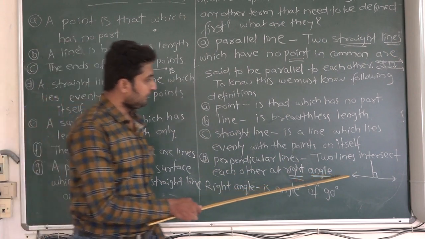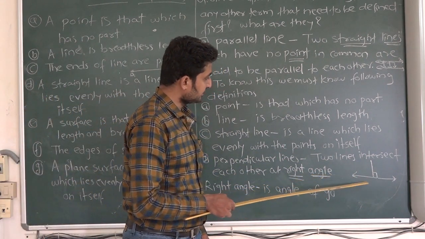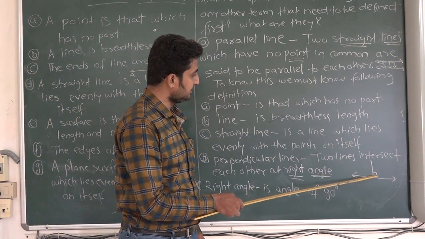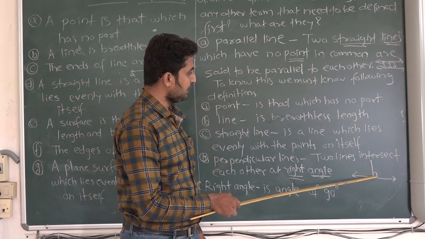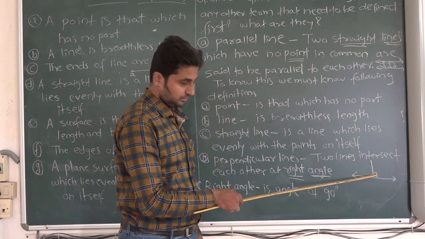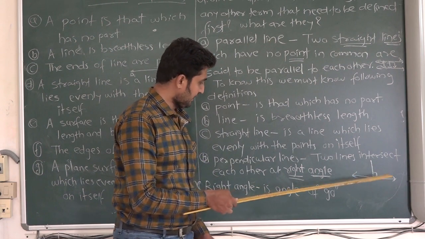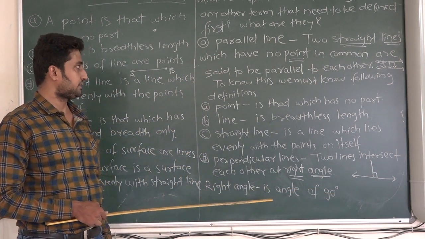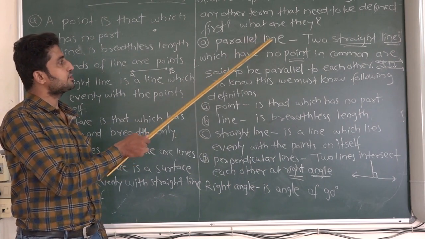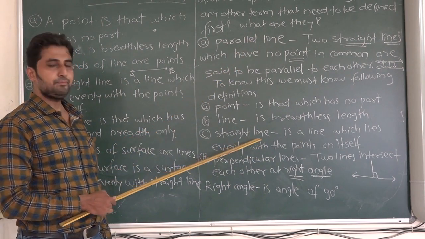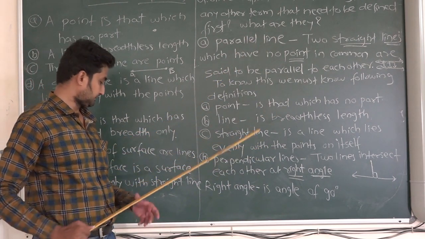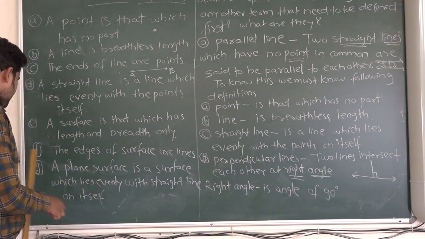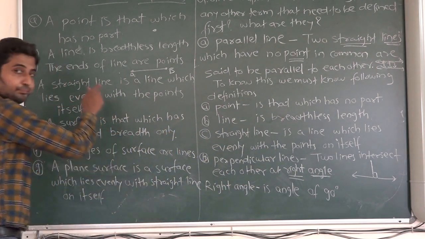That's why, if these are the two lines, this line intersects this line, and the angle made by these two lines is a right angle, it is 90 degree, then we can say that these two lines are perpendicular lines. So dear students, we have the definition of parallel line as well as the perpendicular line. In the next definition we will see here,